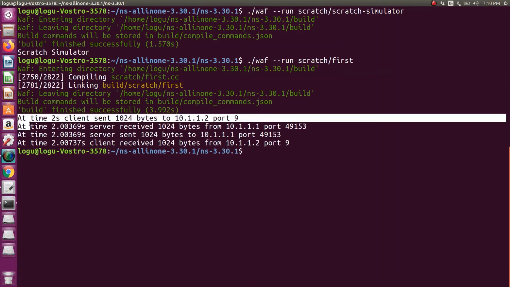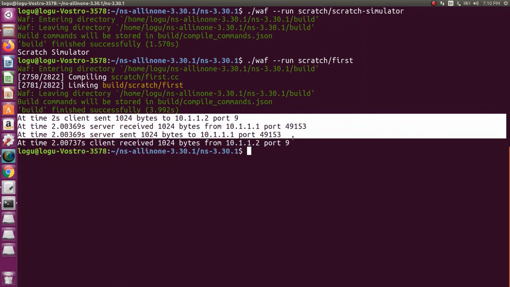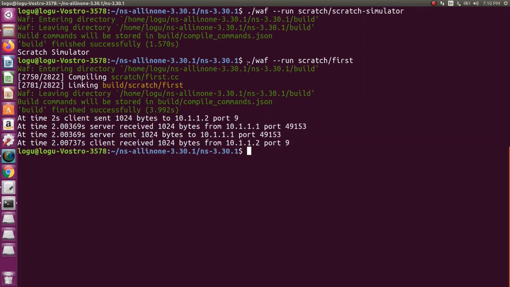So in this way you can run any program by using the waf command, ./waf --run, then the scratch folder. So you can copy all the programs into the scratch folder, because the scratch folder itself will support NetAnim and other resources. All the tools are supported only in your scratch folder. Okay, so for that purpose you have to run the program in your scratch folder.